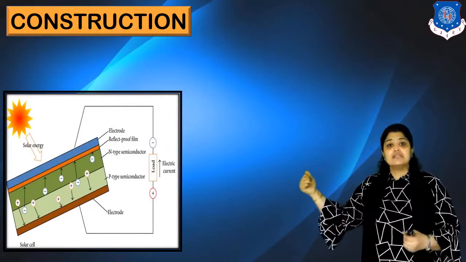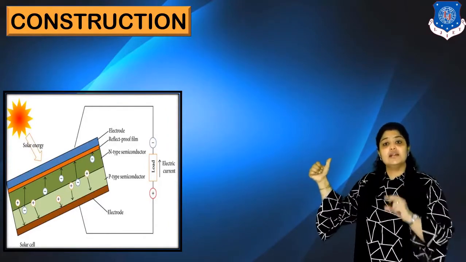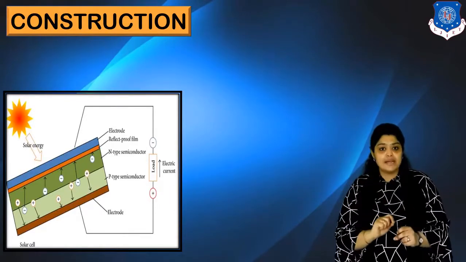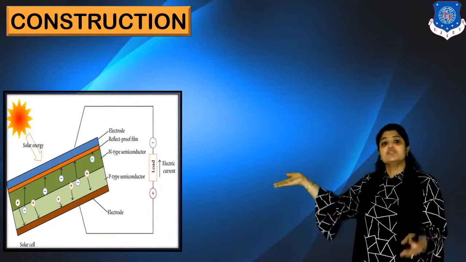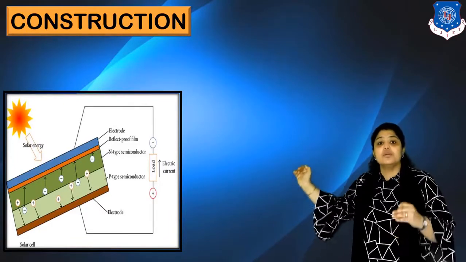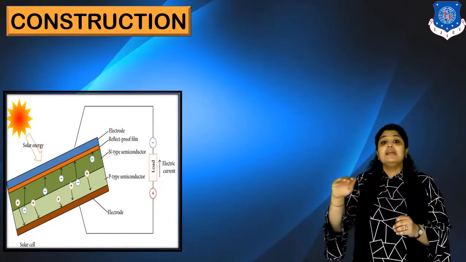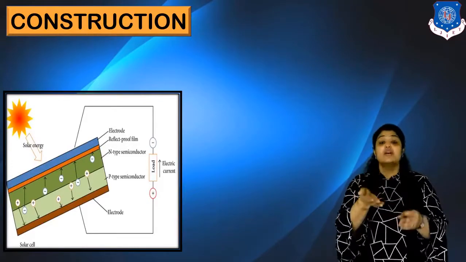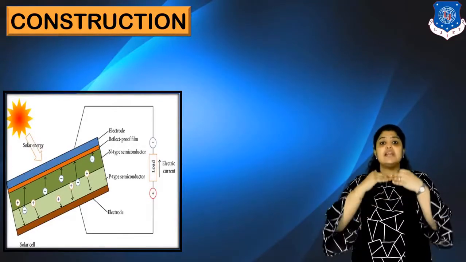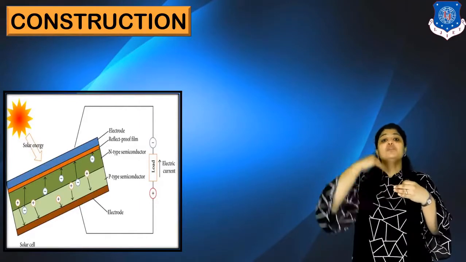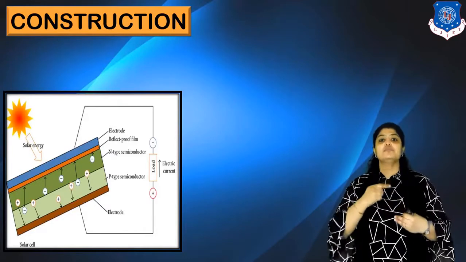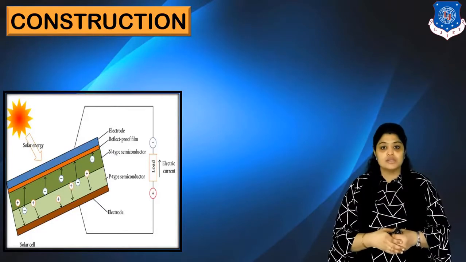The reason is, you can see here that if I connect a load in between, the electrons are going to move through that load and they will come to the p-type. Now electrons from the junction, why are they not able to move to the p-type? The reason is the p-type already has a layer of negative ions which will repel the electrons. So from the depletion layer, if the electrons move, they will be moving to the n-type material, then they will be moving through the load and they will come to the p-type and recombine with the holes.